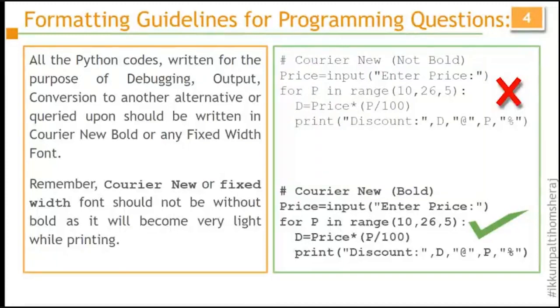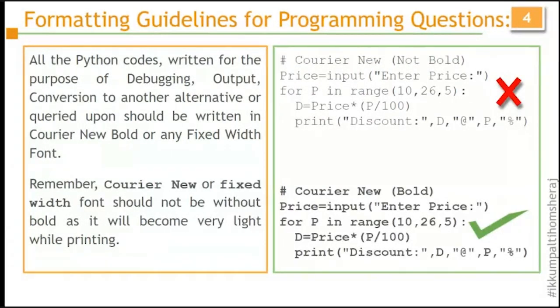And the minimum size of the code font should be 11. Ideally, 11 should be the size of the font for all 11th and 12th class papers. The remaining portion of the paper should be normal Trebuchet or Arial or Verdana font. Wherever you have a code, or wherever you have some keyword mentioned in the paragraph also, make sure that you change the font of that into Courier New.